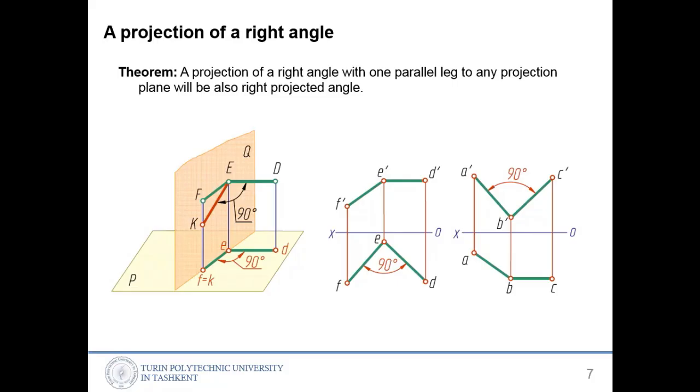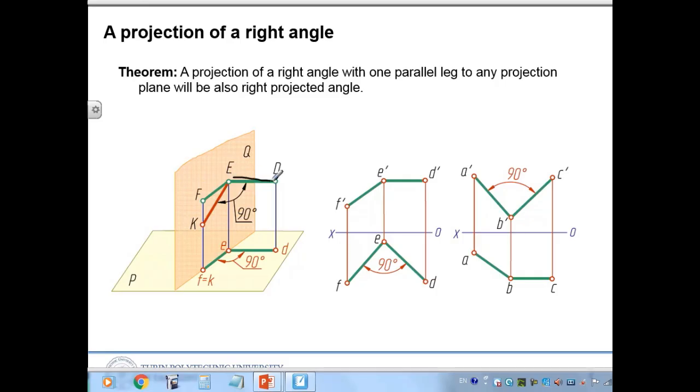If the right angle is given in space, and if one leg, one side, is parallel to any projection plane, for example the P plane, then the projection on that plane